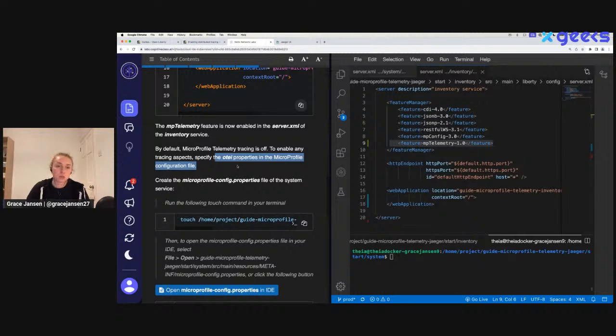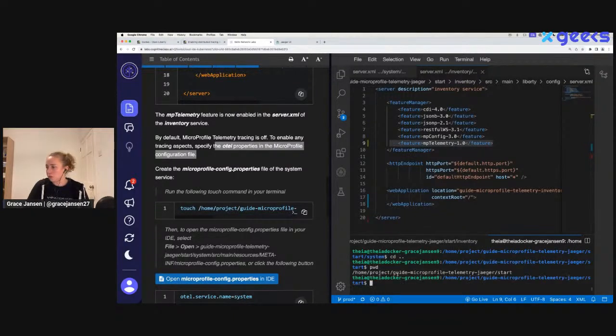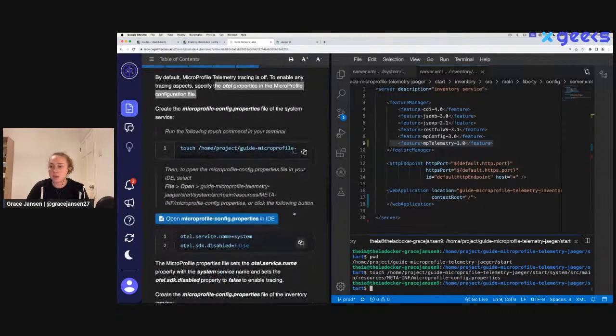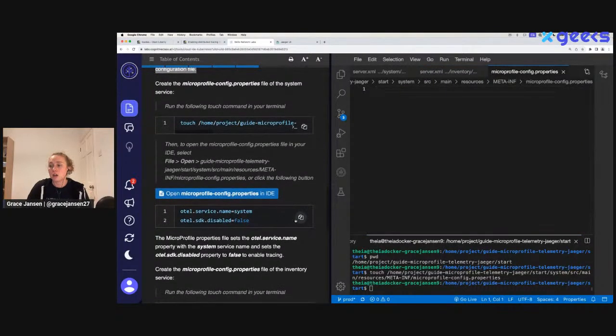So in this case, we're using microprofile config to enable us to have an external configuration file, external to the main code classes that we have. So in order to do that, I'm just going to check I'm in the right place. Yep, start. Perfect. I'm just going to utilize this touch command, and that basically enables me to create that file in the right place. And then I'm going to open it up. It'll be empty because I've only just created it, but I'm going to copy and paste in these properties